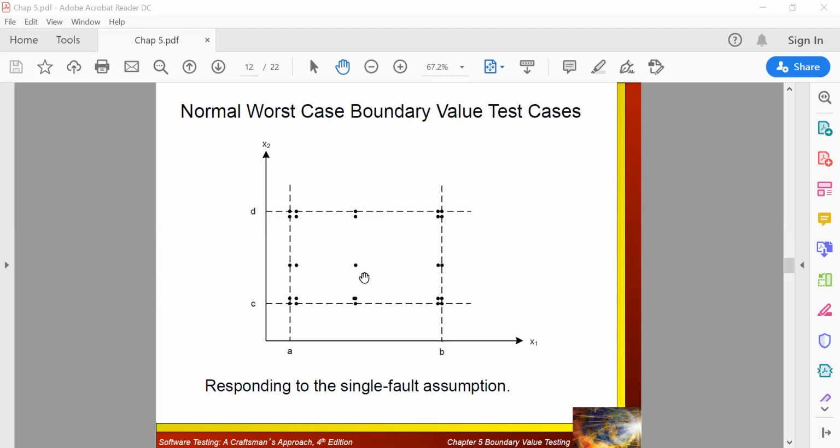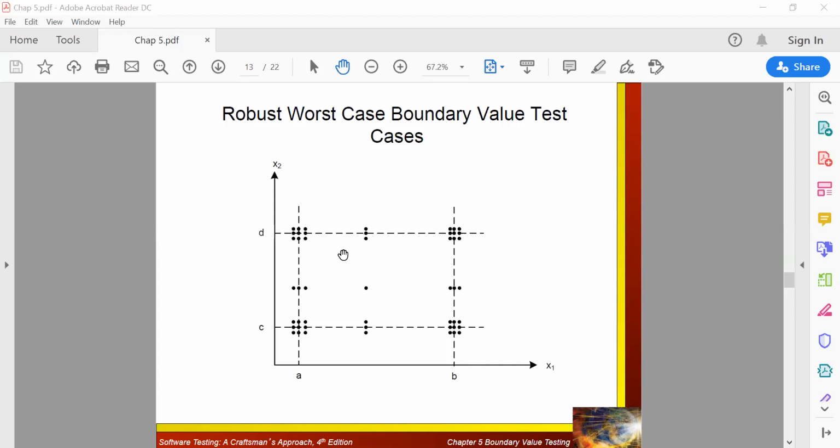So one more flavor is left out. We'll check it out. Boundary value analysis is a single fault assumption, and this normal worst case also deals with a single fault assumption itself. Single fault means any one variable can go beyond that particular range. If it is available, then I can identify. Otherwise, it is not possible. So the next one is